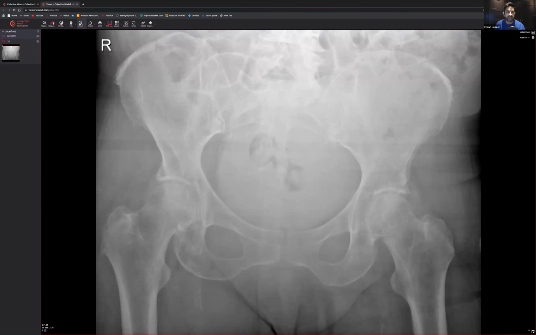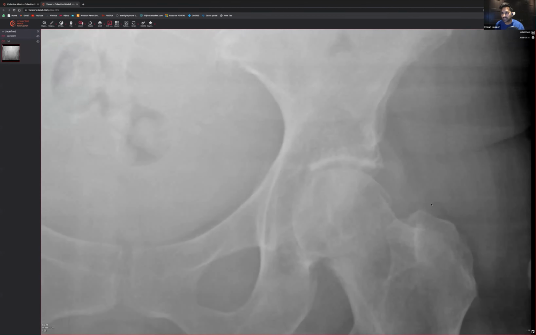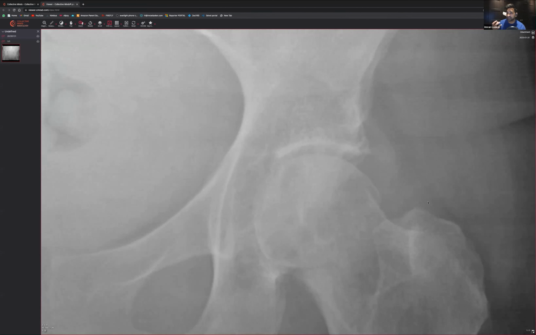So someone's asking about the inferior iliac spine on the left. So you may be thinking about, is there an avulsion fracture or anything like that? What you can do is draw a line. I don't see an avulsion, because if there was a pulling off of a bone, a tendon pulls off the bone when the muscle is contracted. So if the rectus femoris, which is what attaches here, had pulled off there, you'd end up having a fleck of bone over there. So that's one thing that I would say.